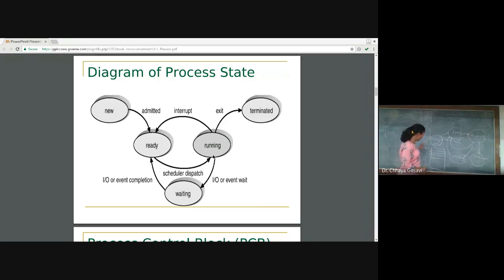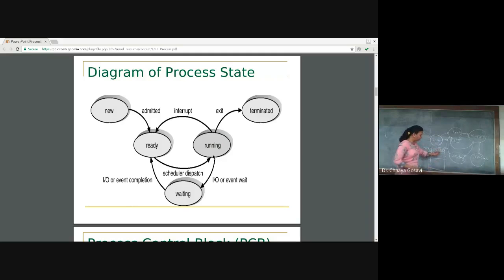Whenever the process is loaded into main memory, it is called a new process. When it is ready to run, ready with all the addresses, suppose you have an instruction to read A and store in B, but we don't know the address of A or B, then this process is not ready to run.